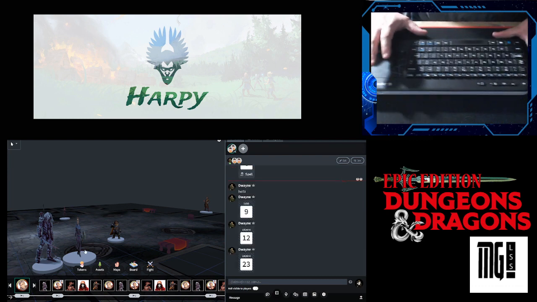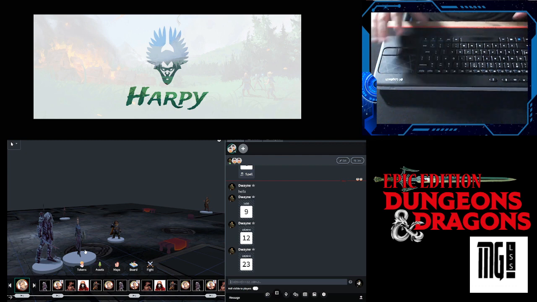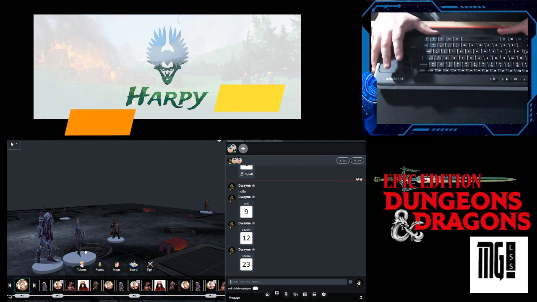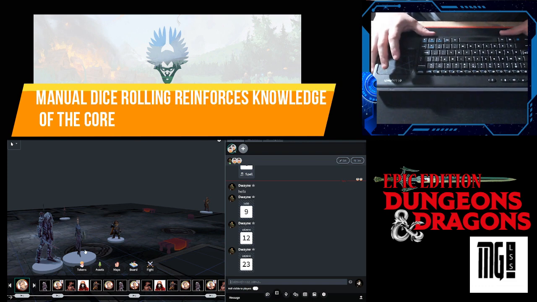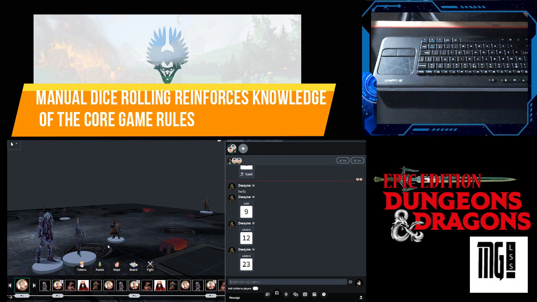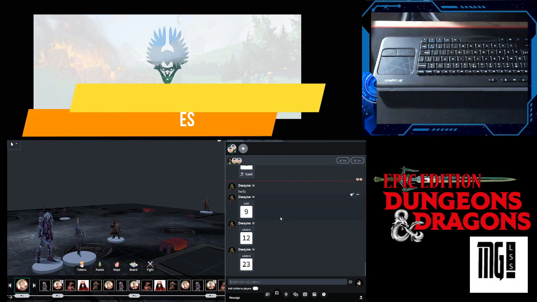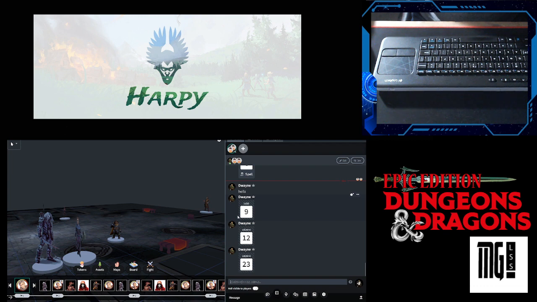And that was some of the challenges that I think my players are having, is they feel that if the technology is there, they have to use it, and they're not relying on their own brain, right? Back in the day, I could ask any of my friends and they would tell me what their to-hit bonus is. Now, people can't remember because it's on a character sheet. It's like speed dial. Nobody knows what their friends' phone numbers are anymore because they're on speed dial. Well, if that's a problem,